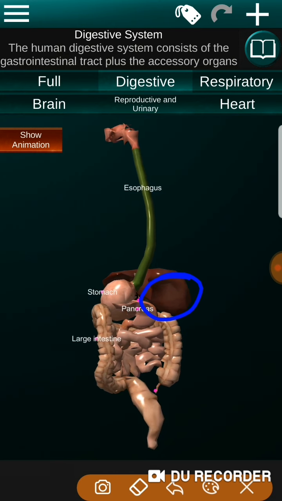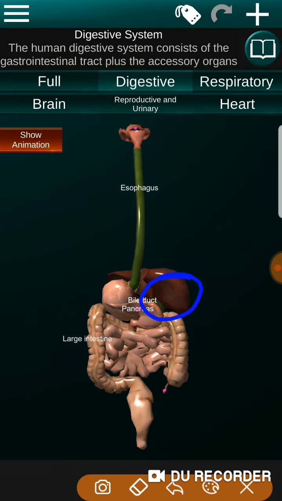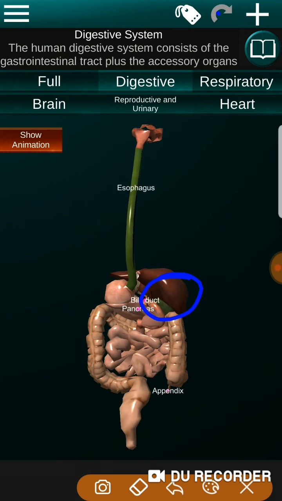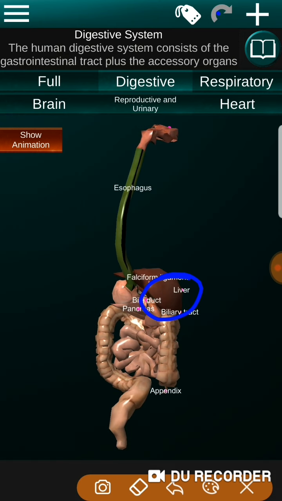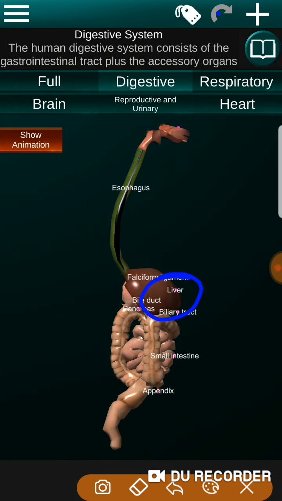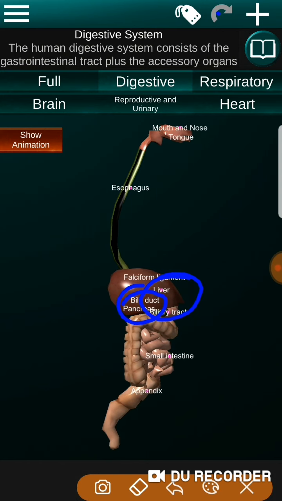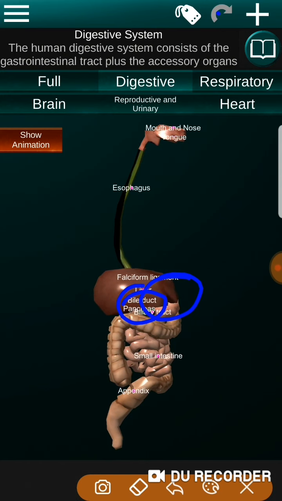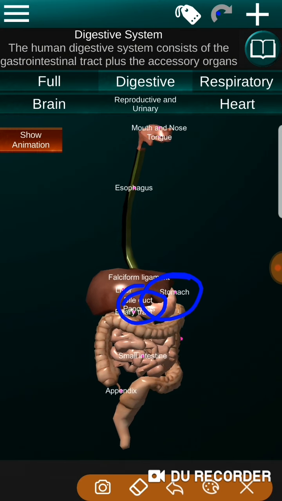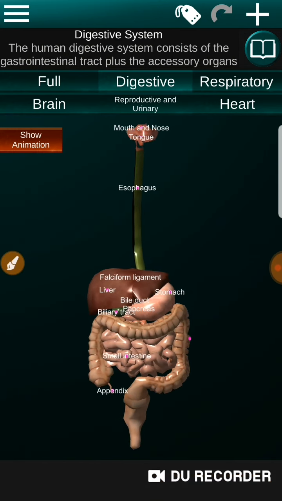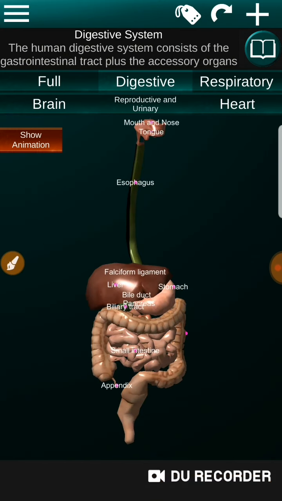Before this, the liver secretes the bile juice. You can see this bile duct, which is a kind of pipe. From this bile duct, the bile is secreted.